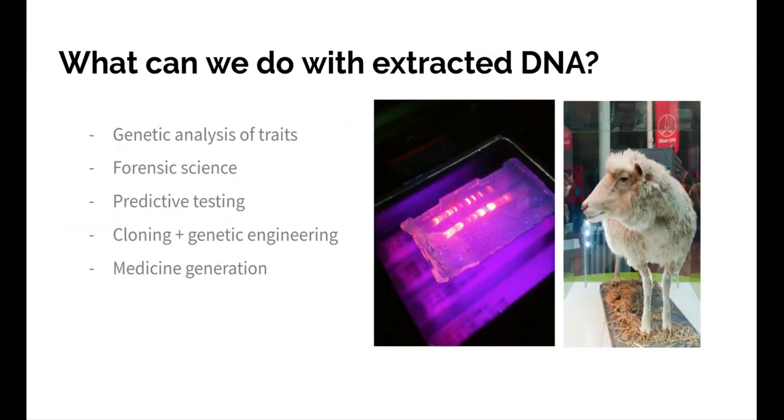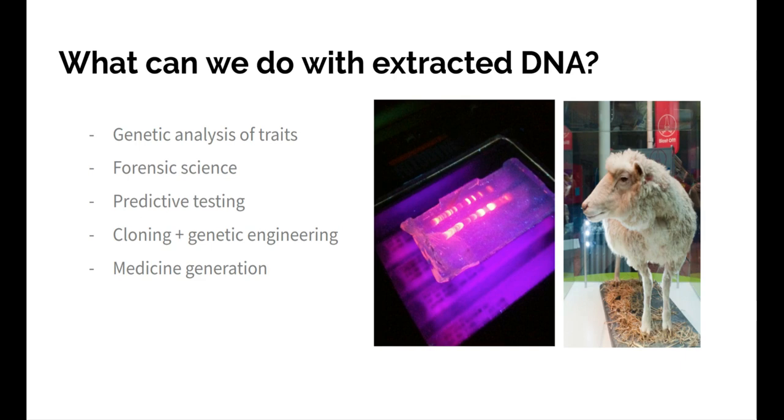Once you have this extracted DNA in a research setting or in a healthcare setting or whatever, we can do a lot of different things with it. And this is what I do at my job currently, is a genetic analysis of traits. And so that first picture is a picture of a gel that has had gel electrophoresis performed on it. All of those bands are bands of DNA, essentially, and you maybe have done this in a science class before, but you just load one end of the DNA into a gel made of agarose, which is a seaweed-based sugar. Jello mixture essentially, and then run electricity through it,